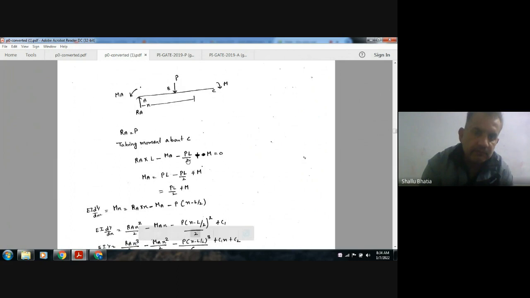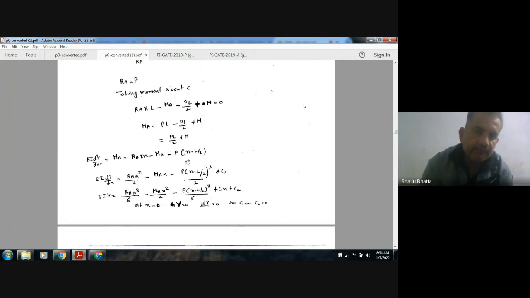Now integrating, we have EI dy by dx is equal to RA x square by 2 minus MA x minus P(x minus L by 2) square by 2 plus C1. And again integrating, EI y is equal to RA x cube by 6 minus MA x square by 2 minus P(x minus L by 2) cube by 6